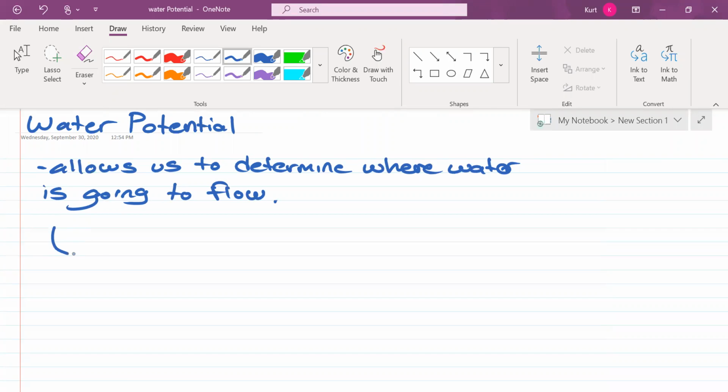The symbol for water potential is the Greek letter psi. Notice that that letter looks like a trident. What's the name of the Greek god that's the god of the oceans? Poseidon, Zeus's brother. And that's where that symbol came from. It's kind of like Aquaman's trident, Poseidon's trident, same thing. If you're a Little Mermaid fan, what's his name? King Triton's trident. The formula for water potential is water potential, which is what this symbol is,